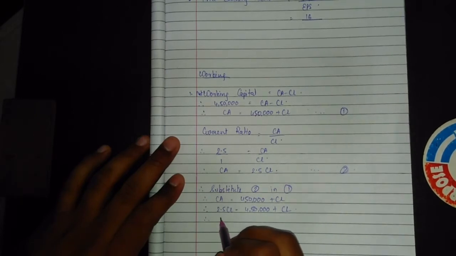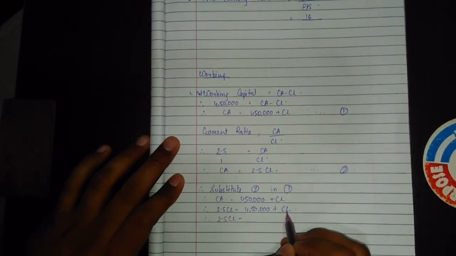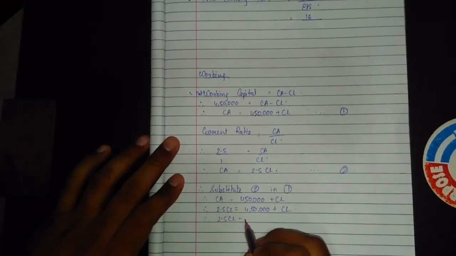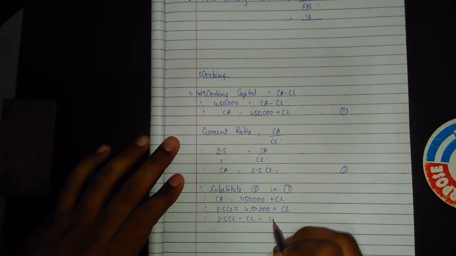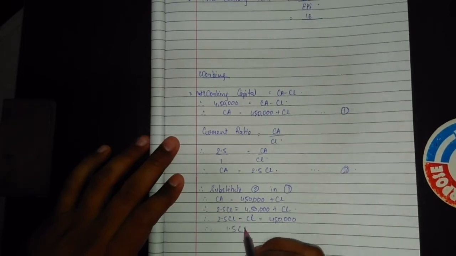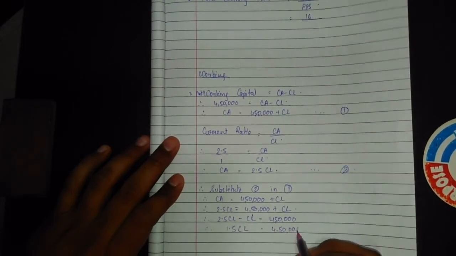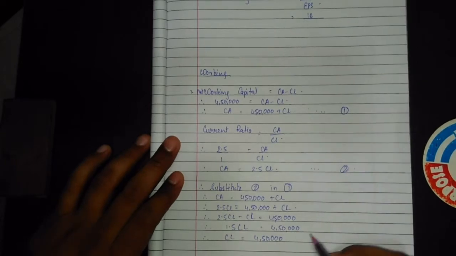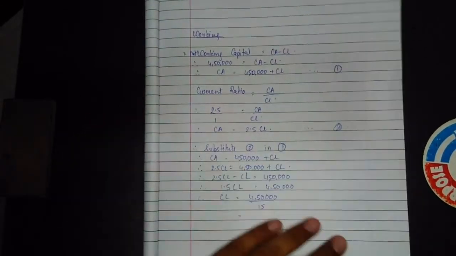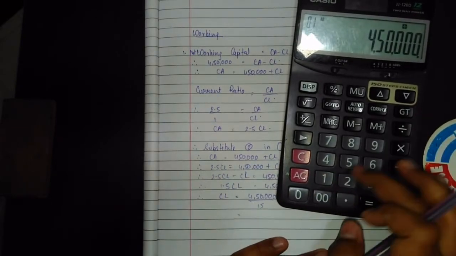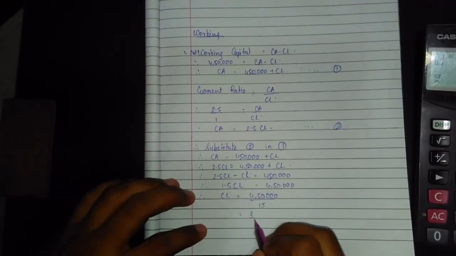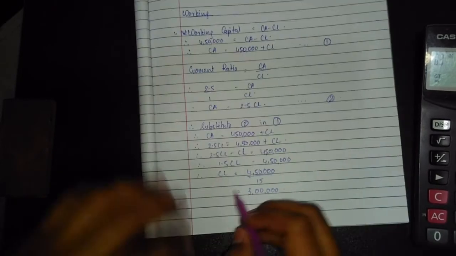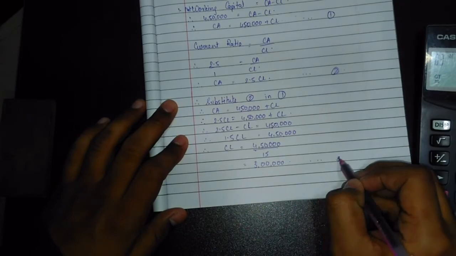Therefore, 2.5 CL minus this positive CL comes this side and will become negative CL, is equal to 4,50,000. Therefore 1.5 CL is equal to 4,50,000. Therefore CL, meaning current liabilities, is equal to 4,50,000 divided by 1.5. It will become 3 lakhs. Therefore this becomes 3. Okay. Finally,